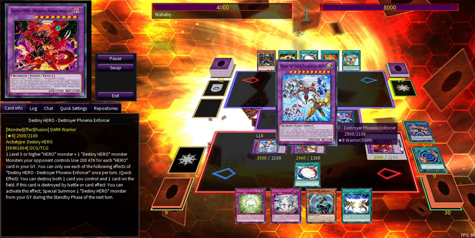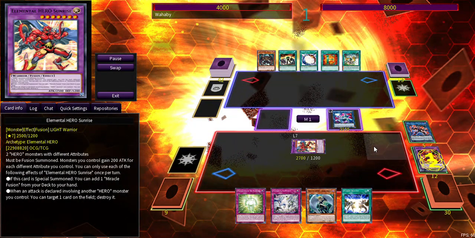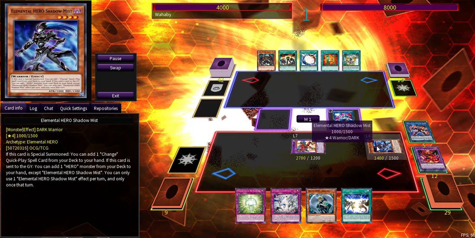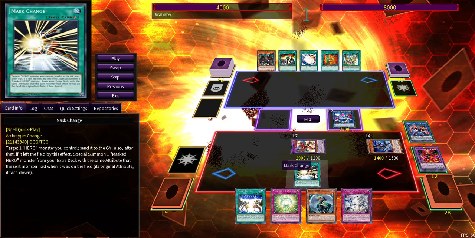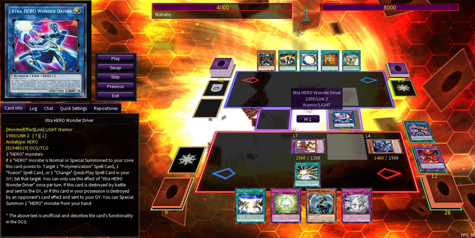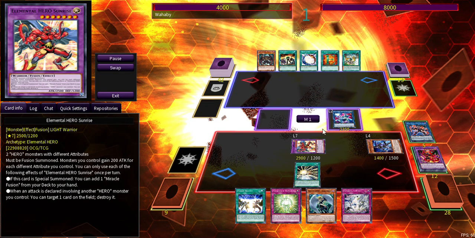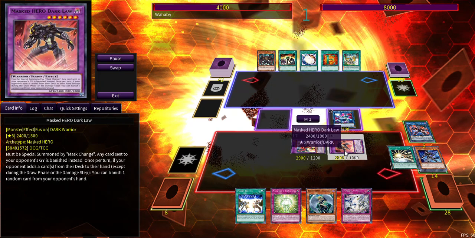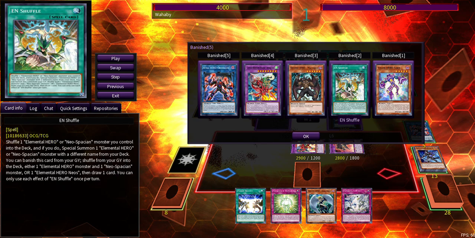Okay, now typical combos, go into Wake Up, pop the Wake Up. Now summon Shadow Mist. Grab the mask change here. Okay, perfect. And then you activate mask change. You have to activate it on this turn. Do not save the mask change for next turn, because we do need to recycle it. So you activate mask change, targeting the Shadow Mist. Summon it right under the Wonder Driver. Don't mess this up. Recycle the mask change,